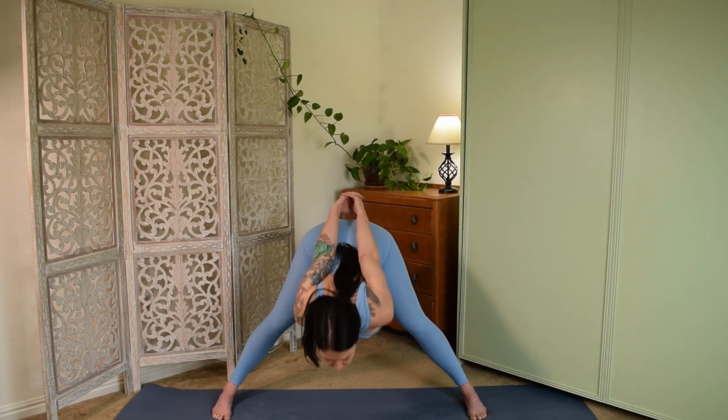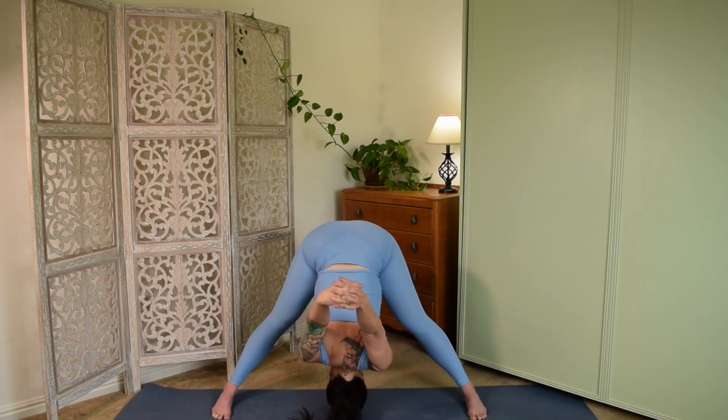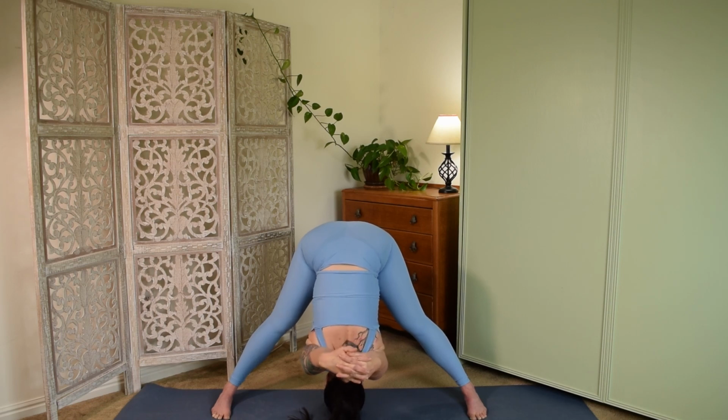Inhaling, looking up. Exhaling, diving forward, head toward the earth. Letting the hands fall beyond the back of the head. Letting the head fall center. Staying here for 5. 1,